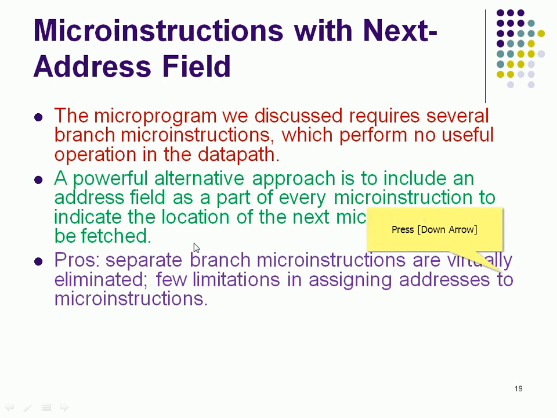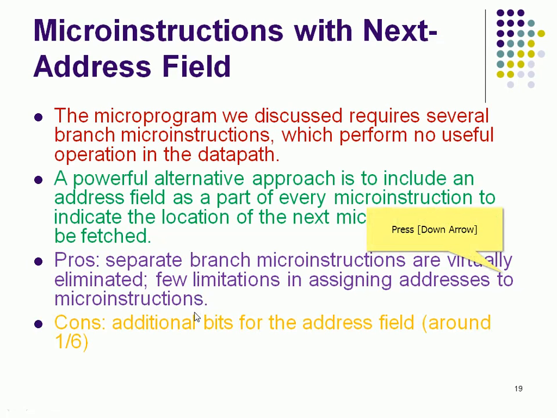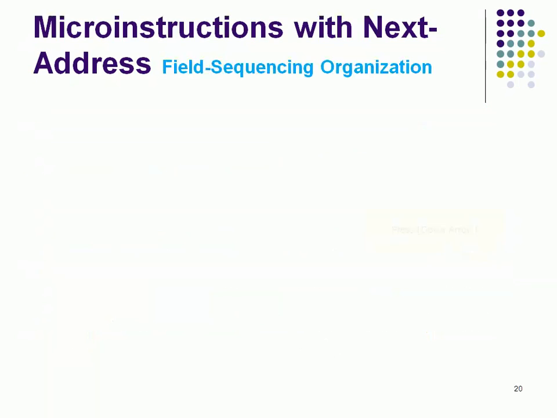So the pros are that separate branch micro instructions are virtually eliminated, with few limitations in assigning addresses to micro instructions. The cons are that additional bits for the address field are required, due to adding the address field. So, micro instructions with the next address field, sequencing organization, that is IR,